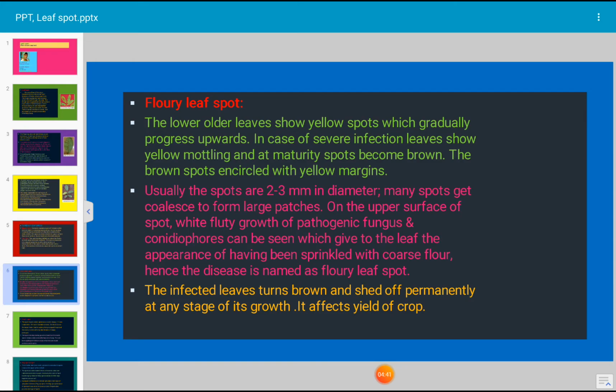On the upper surface of the spot, white fluffy growth of the pathogenic fungus and conidiophores can be seen, which gives the leaf the appearance of being sprinkled with coarse flour. Hence the disease is named flowery leaf spot. The infected leaves turn brown and shed permanently at any stage of growth. It affects the yield of the crop.